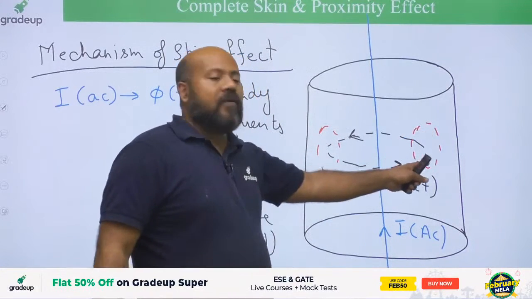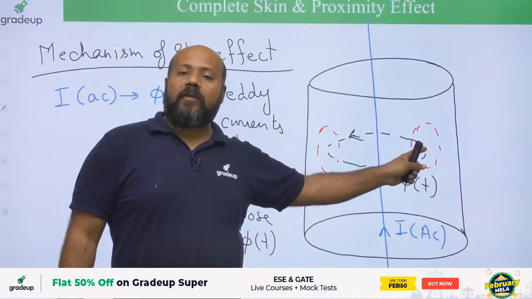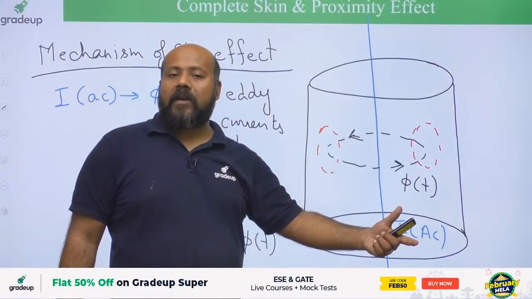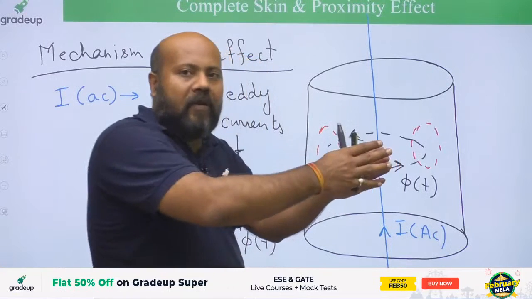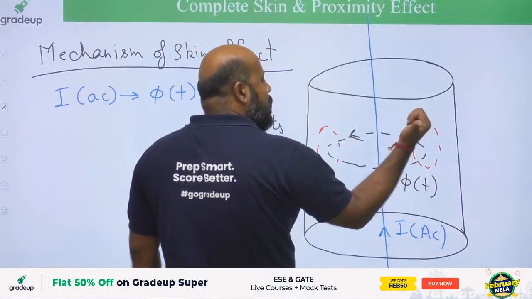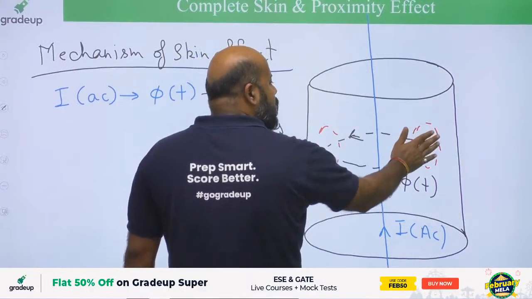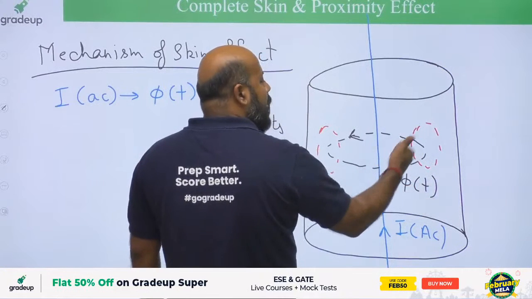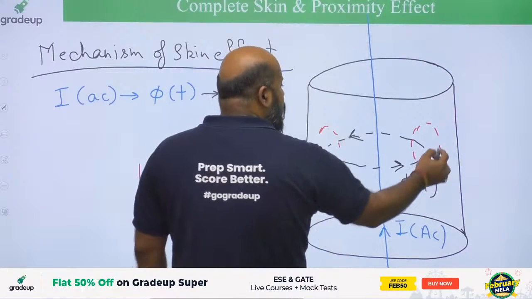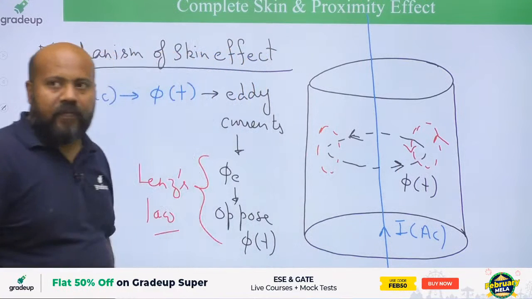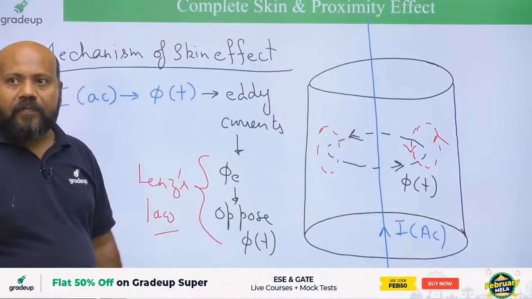So the eddy current for this part of the conductor is going to be such that it will give rise to a flux coming out of the plane of the screen. So apply the right hand thumb rule. You want the flux direction to be out of the plane of the screen for this part of the conductor. The fingers movement will give you the direction of eddy current. It means the direction of eddy current for this part of the conductor is going to be anti-clockwise. Similarly,